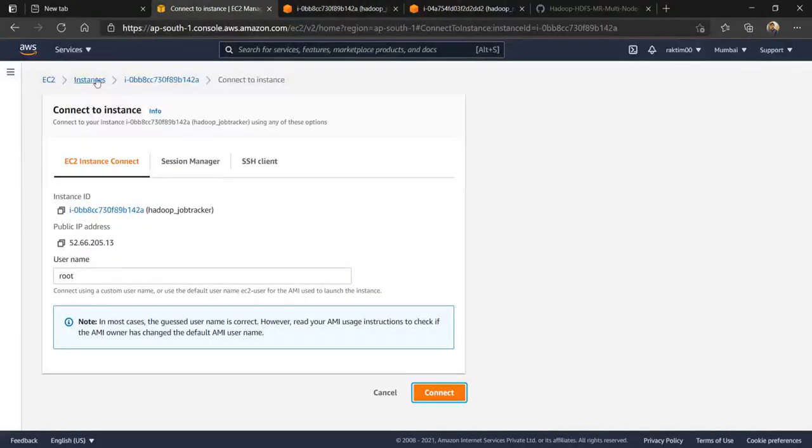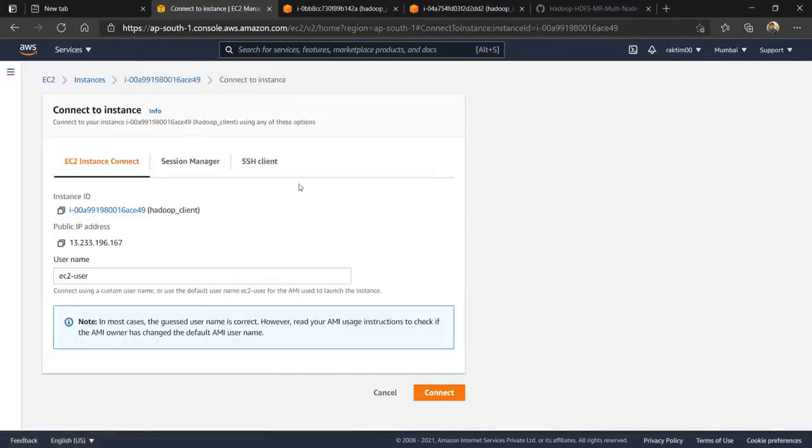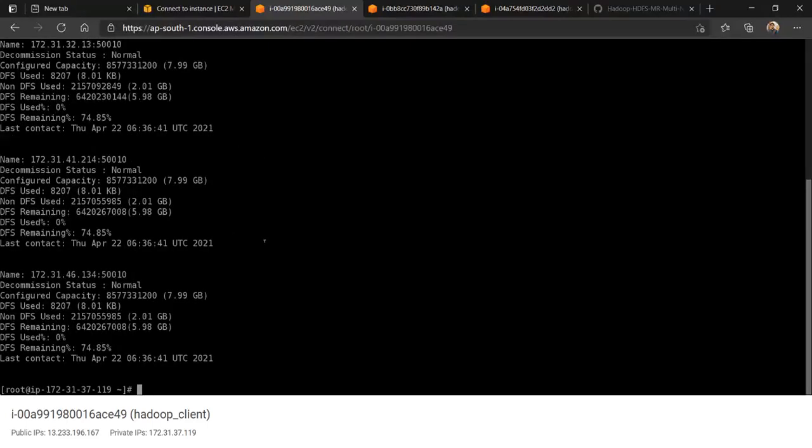And lastly, I will go to my client system. Here I will connect, and again go to the root account, and here if I run jps, you will see no process is running, meaning it's my client system. And again I will run hadoop dfsadmin -report. You will see it's successfully connecting to my cluster.